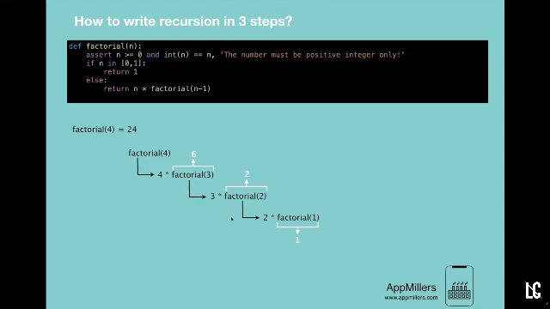Now in this lecture we have introduced you to how to write a recursive method in 3 steps, and hopefully you understand it. And I gave an example of factorial using these 3 steps to write a